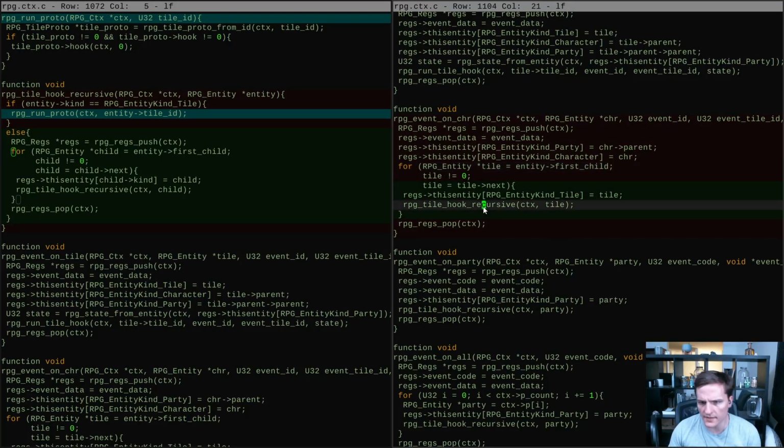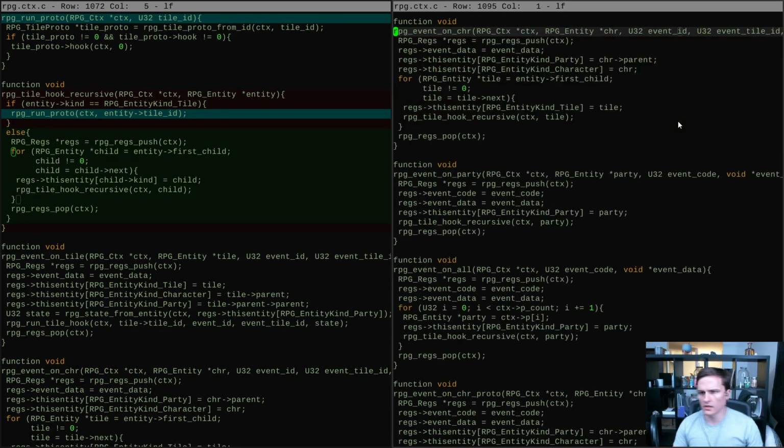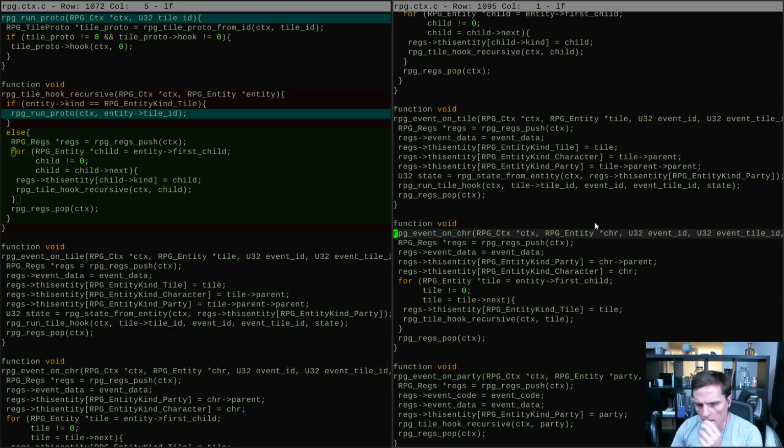So we scan all the tiles. We're applying an event on a character. Means, for now, that we're scanning all of the